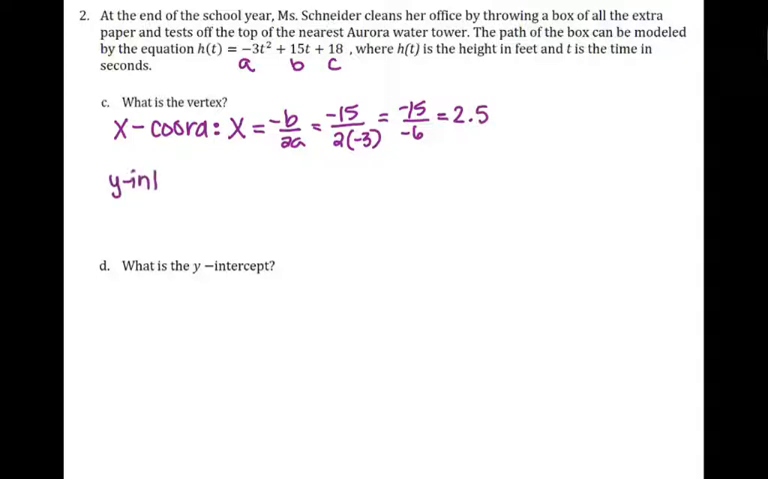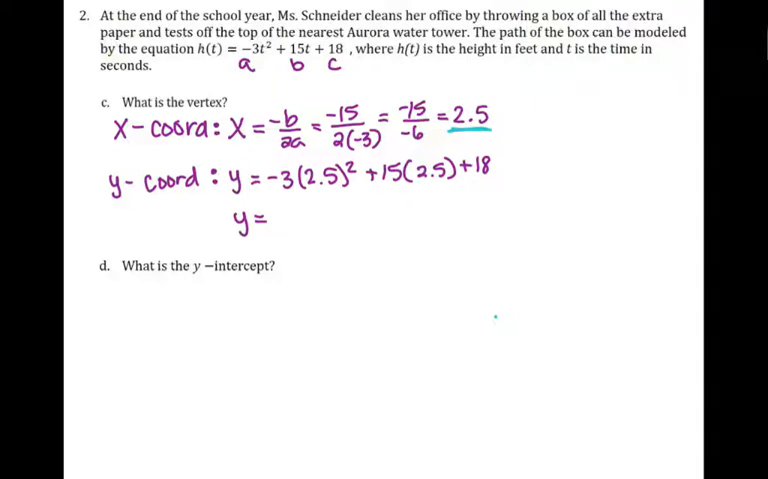For my y-coordinate, what you're going to do is take your x-coordinate, so this value of 2.5, and plug it into the original function. So negative 3, but instead of t squared, I'm going to do 2.5 squared plus 15 times 2.5 plus 18. You can go ahead and put all of that right into your calculator, and you get y equals